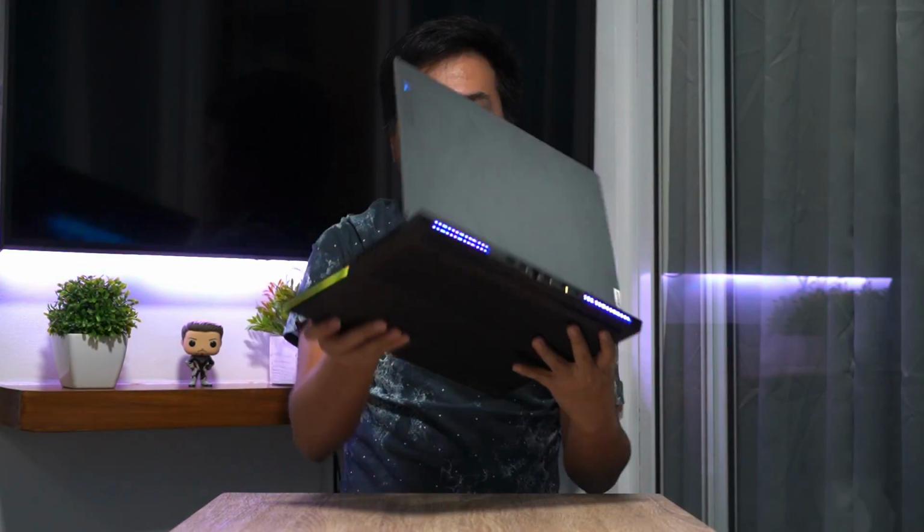Okay, so we're back. As I've mentioned, this is a 19.9mm thin device, yet it packs all the gaming horsepower that a premium gaming laptop has right now. We will be bringing the Legion 7i to the Philippines with up to an Intel 10th generation i7 processor, with up to RTX 2070 Super Max-Q graphics,